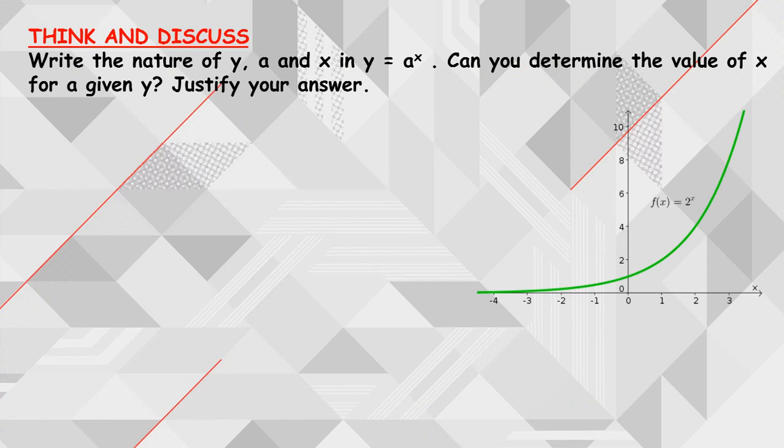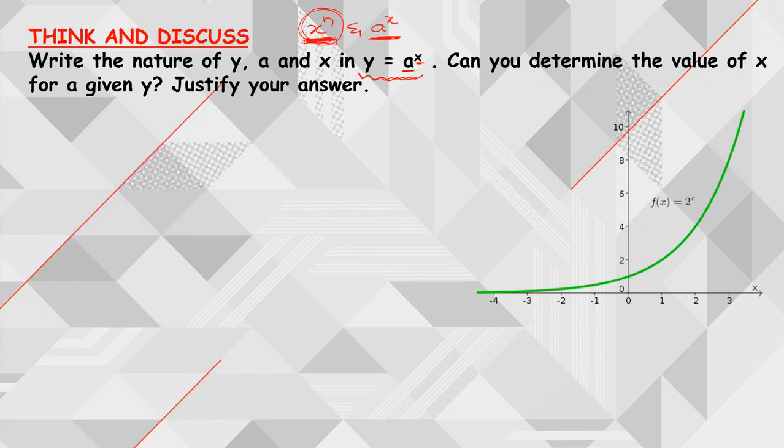Right here, if you observe, whenever you consider an exponential form, it will be of this form: y is equal to a power x. Here a is constant and x is the variable. There is a difference between x power n and a power x. Both are different. This x power n is nothing but a polynomial. Already you know about polynomial, right? Whenever you have x power n form, this is a polynomial. Polynomial is different from exponential form or exponential function, right?